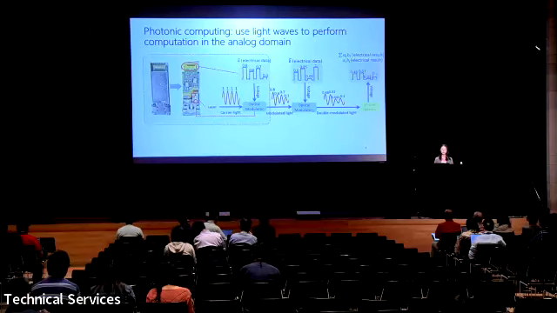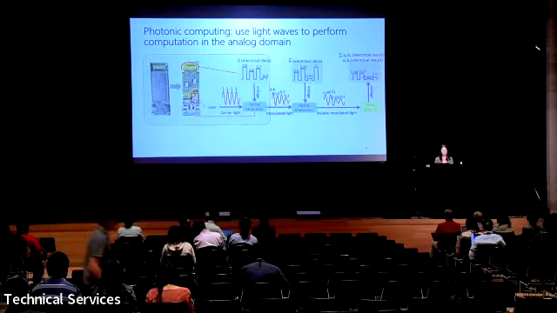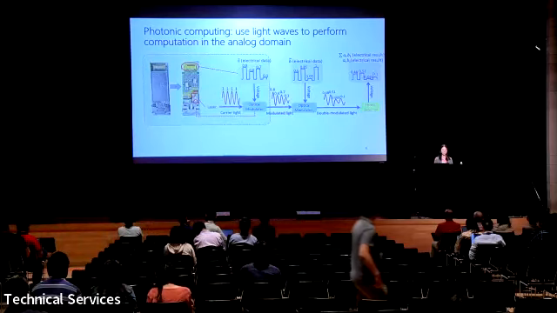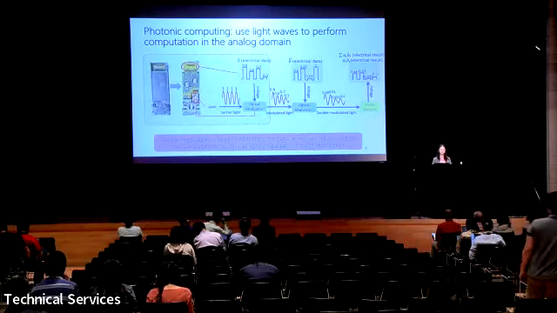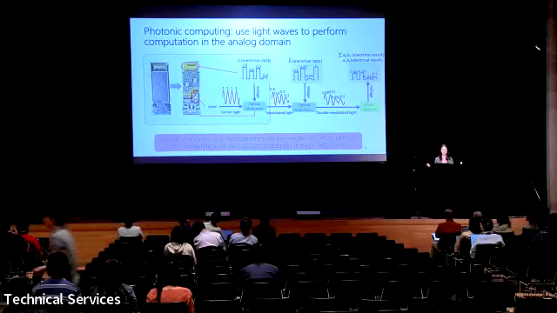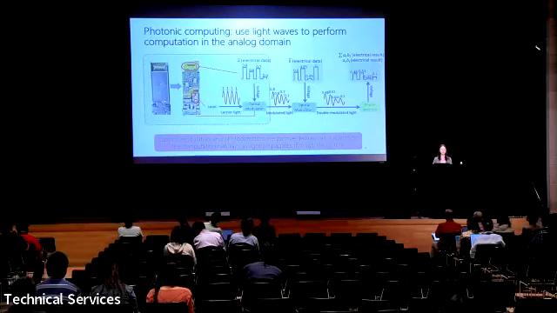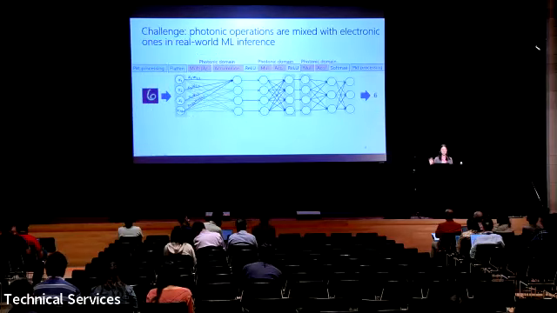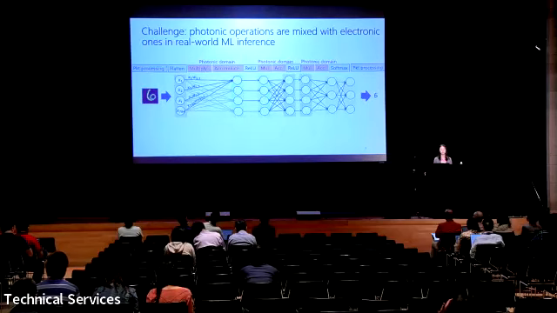And we can have a photodetector to detect the intensity of this double modulated light. And the result will be the result of matrix multiplication. I wanted to note that optical modulators and photodetectors are passive devices, and they perform the computation naturally as the light propagates through the system. However, this is challenging in a real-world deployment.